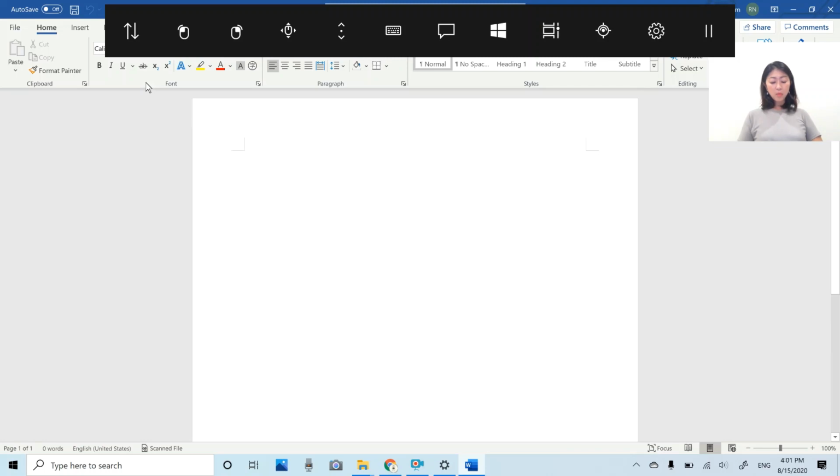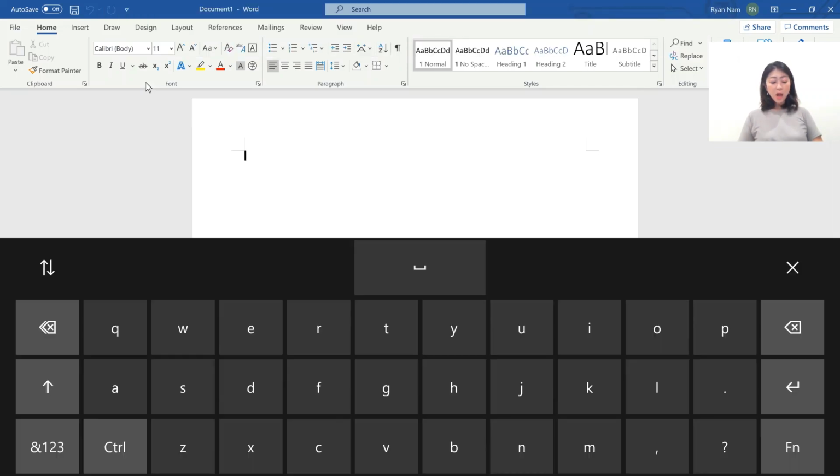And then I'm gonna open up the keyboard. Okay, so like you can see, the size of the keyboard is pretty big. It takes up almost half of my screen, but the size is not adjustable. So that's kind of a limitation with this Windows eye control feature.